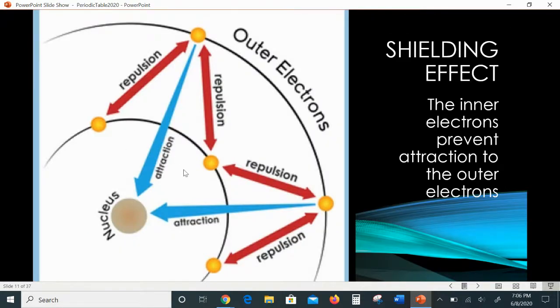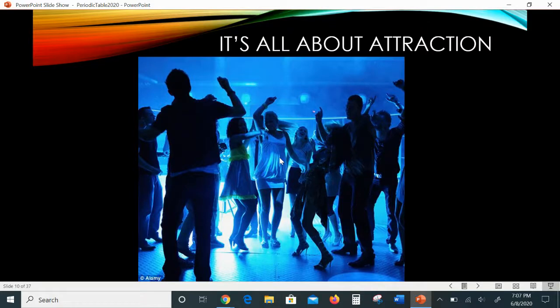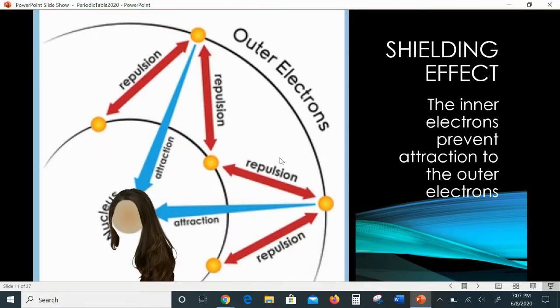So the inner electrons are blocking the natural attraction that outer electrons would have for the nucleus. The nucleus is positive, electrons are negative. So these negative electrons sort of have, because of their real estate, better attractability to the nucleus. And these further away electrons, because they're so blocked by the crowds between them and the nucleus, are being somewhat repelled and are not as attracted to the nucleus. Okay, so we call that the shielding effect, that inner electrons will sort of repel outer electrons because they're blocking their view.